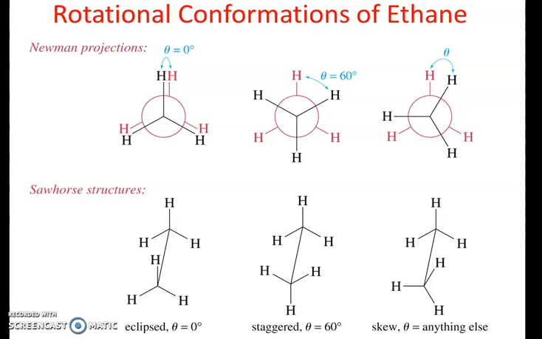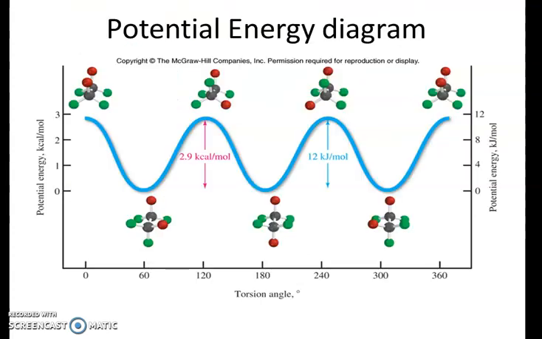Torsional strain. So here the torsional strain will be more for the eclipsed form because the CH bonds are one behind another. While here there is of course some strain, but the strain will be lesser because the CH bonds are at a maximum distance away from the front carbon to the back carbon. So the strain will be lesser. So we can say the staggered form is more stable than the eclipsed form, and this is shown here.